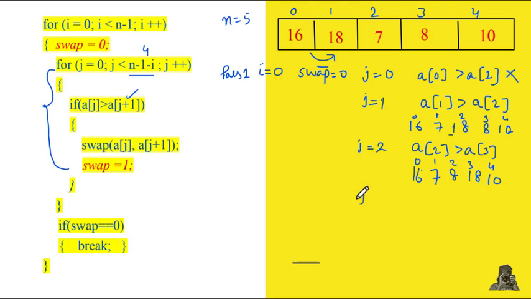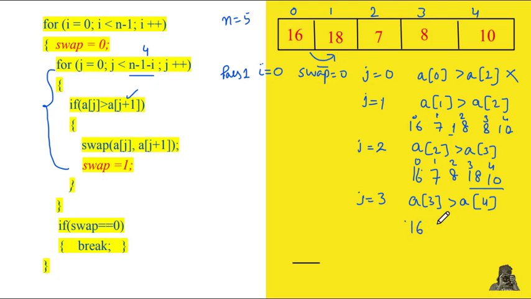Now j will again be incremented. j is equal to 3. 3 is less than 4, so again we need to do the execution. We need to execute this inner for loop. So j is equal to 3. Now again we have to check, because the bubble has been shifted to this location. Now if a of 3 is greater than a of 4, because this is what this statement says, j plus 1, we have to compare the consecutive items. So now 10 and 18 will be compared. Obviously 18 is greater, so again swapping will be done.